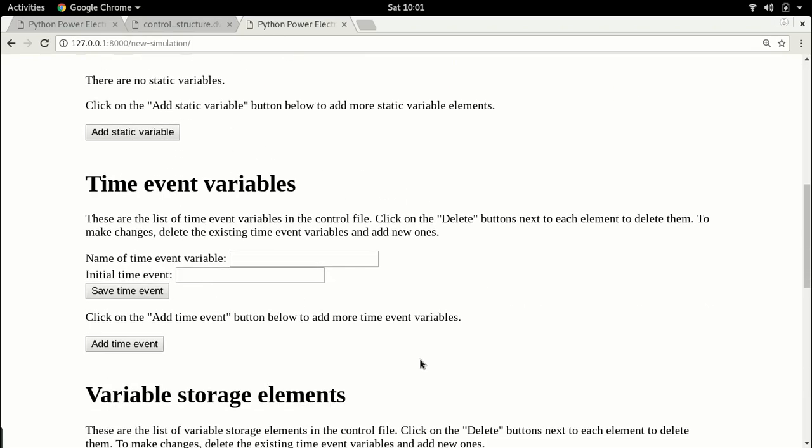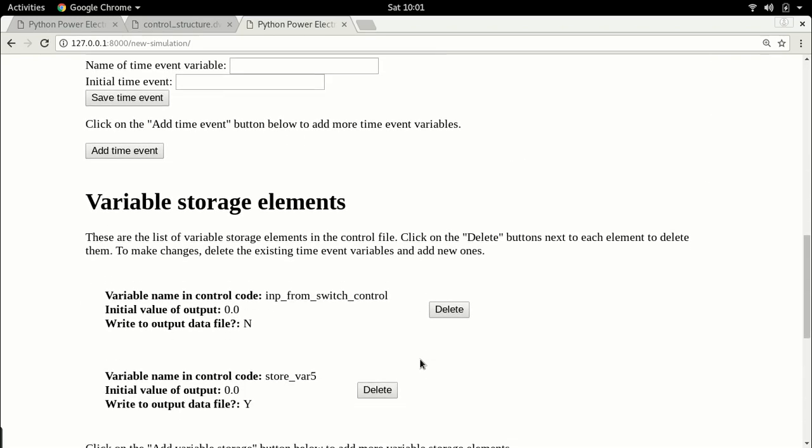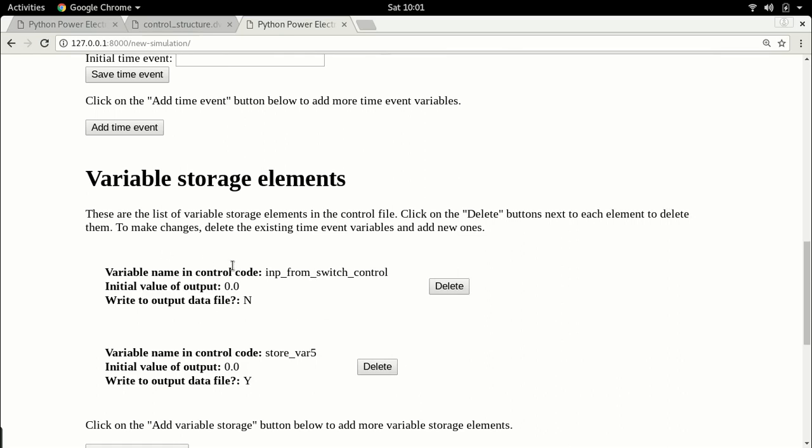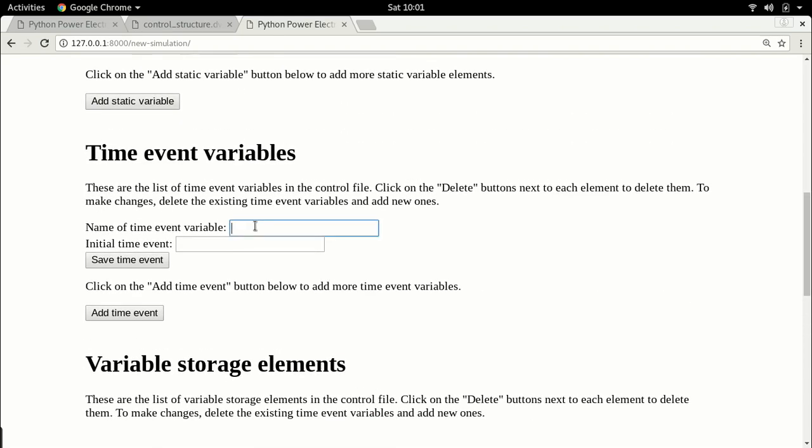Now there's something to be said. The only global variables are the variable storage elements. Variable storage elements are global variables, so they have to be unique. You cannot have two variables of the same name in two different control files. That's illegal. But you can have all other variables be identical, no problem. I can have t control 1 here too. t control 1 was in the previous one, and I can also have t control 1 here, no problem. Let's do that. Save this time event,